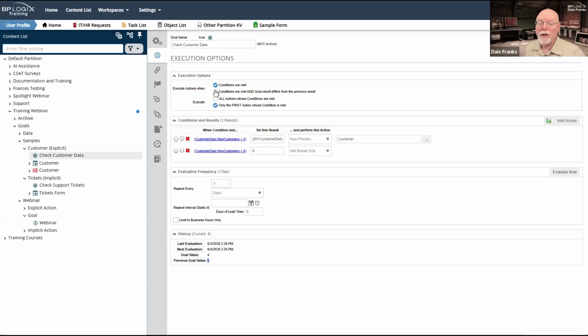And what I could do is just say, okay, I only want this to run if the conditions are met and the goal result differs. So if it runs and it's 7 this time, then it kicks off the customer process. The form will have 7 records in it. So it would kick off this form.